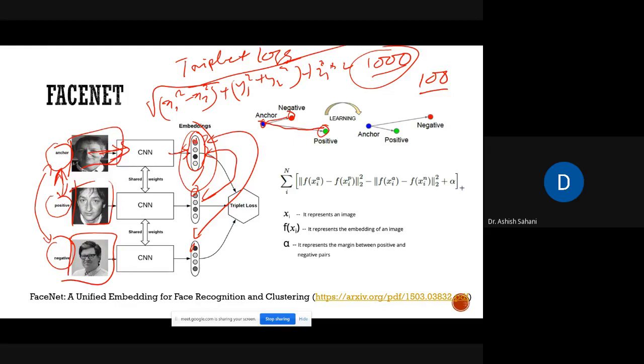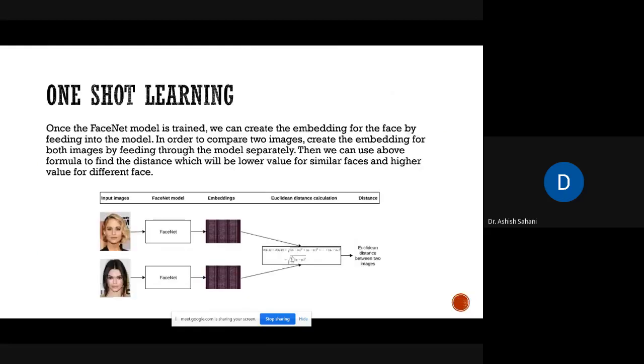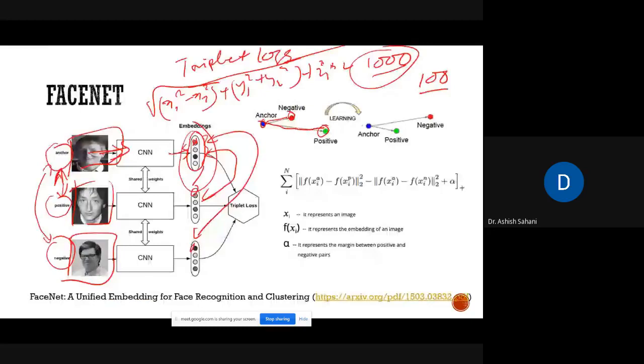So x1 square minus x2 square, y1 square minus y2 square, z1 square minus z3 square, k1 square minus k3 square, something like that. And similarly, you find the distance between this point and this point: this minus this square, this minus this square, something like that. Okay? So that way you can calculate the distance between these two vectors.